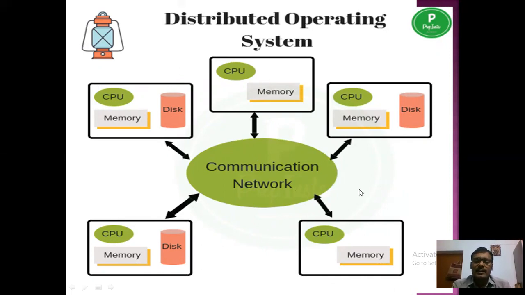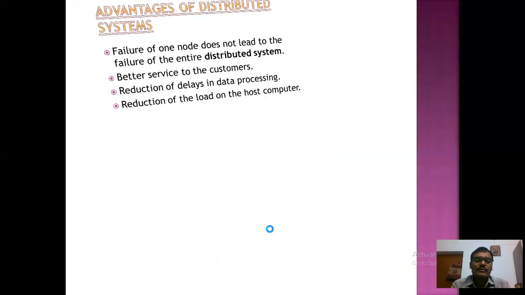Suppose there are hundreds of tasks, then all the hundreds of tasks are distributed among the different CPUs of the system, so that all the tasks are processed within a very short interval of time. All the CPUs are working simultaneously so that the work will be completed on time. The work will complete on time.